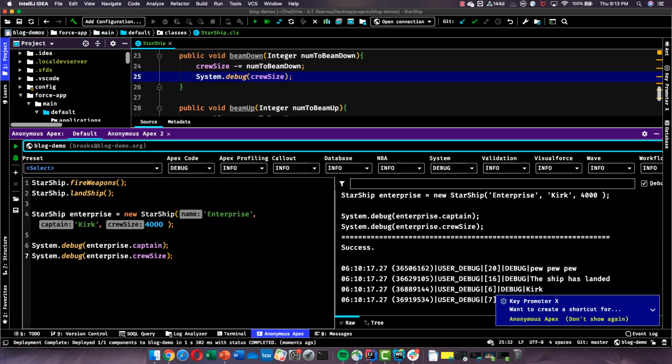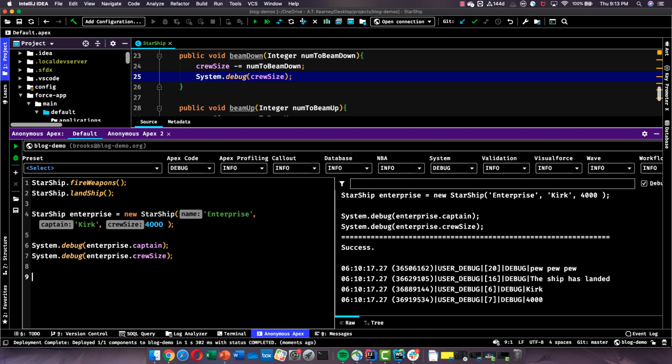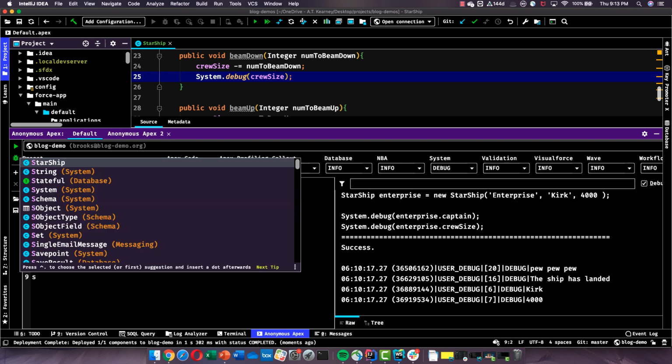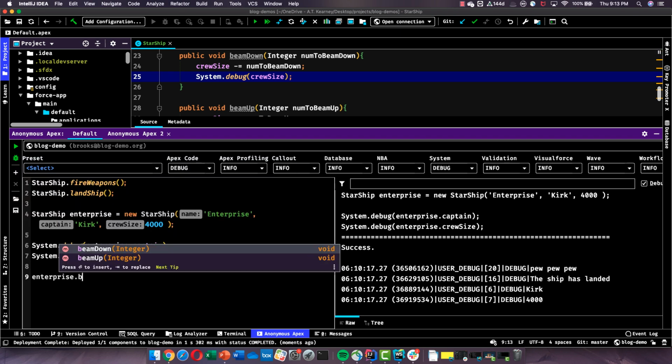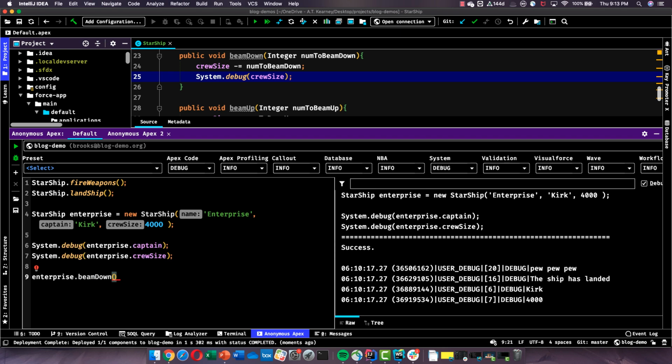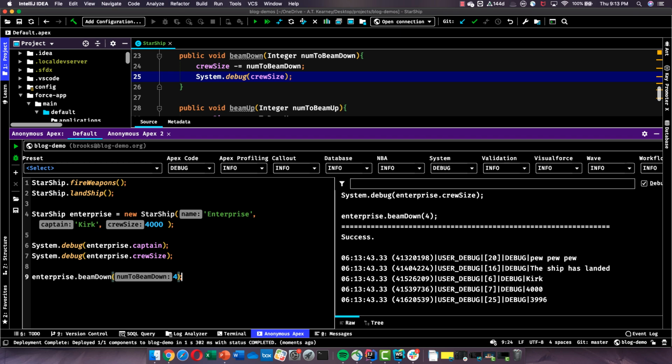Back to anonymous Apex. We don't need system dot debug because we already debugged to the console. So we can just say enterprise dot beam down. We're going to beam down 4 people. All right. Let's run that and see what we get. So there you can see we started off with a crew size of 4,000. We beamed down 4, and the state of the enterprise object was reduced to